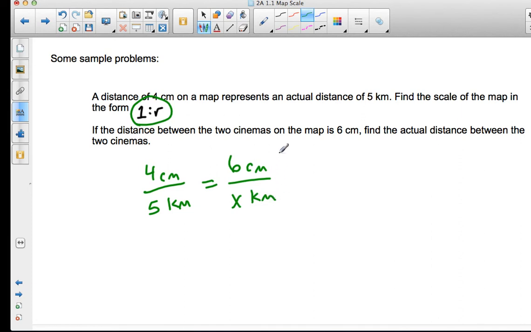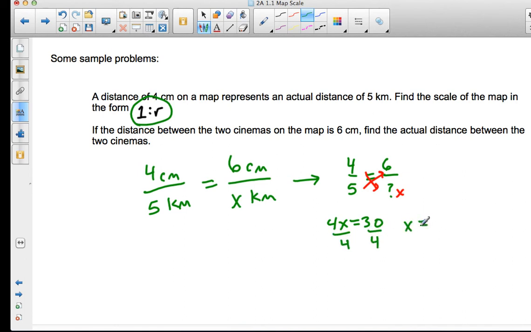I'm going to ignore my units for right now and transfer this over, so I have 4 over 5 is equal to 6 over what? So then I know when I'm dealing with a proportion, I can cross multiply my values, and instead of this what, we have our variable x, so that when I work on this problem I get 4x equals 30, and I divide both sides by 4,